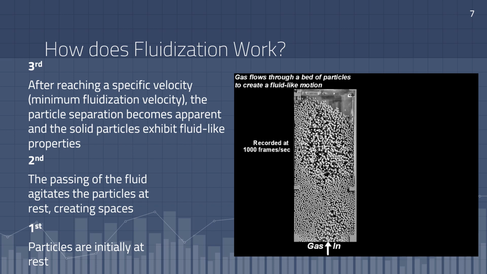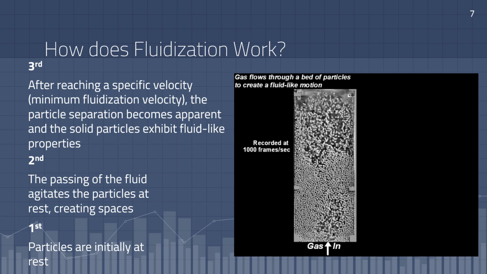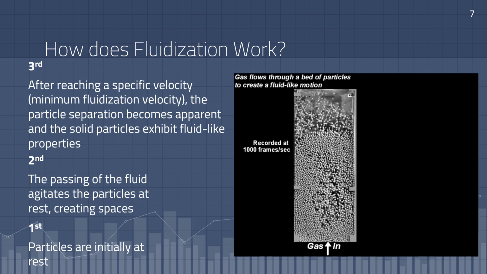Moreover, this is also the point where the solid particles exhibit fluid-like properties as they flow freely along with the fluid. This velocity is called the minimum fluidization velocity. In addition, it is also the superficial velocity that a fluid exhibits at this particular moment. Minimum fluidization velocity is the minimum velocity needed to fluidize a set of particles. This flow is caused by the pressure gradient in the pipe.